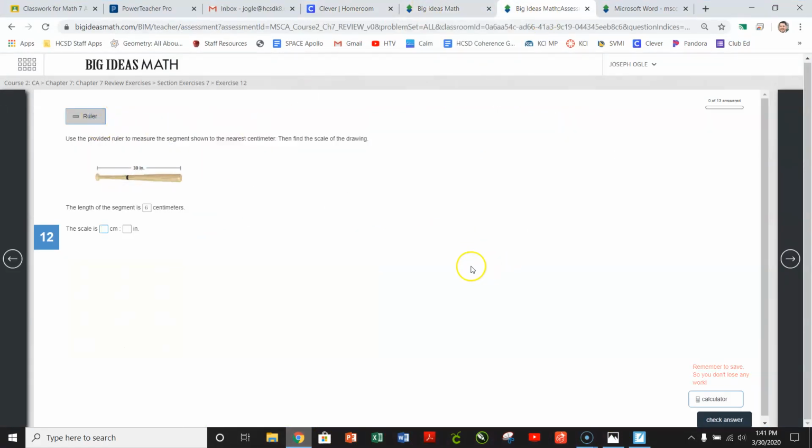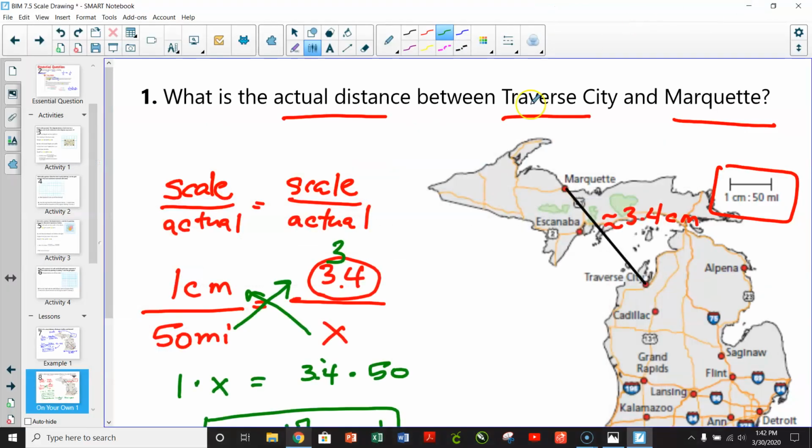So this is a problem on one of the reviews. We have this little ruler box. A ruler pops up. We can move the ruler wherever we want. We want to measure this little segment, right? We can put it right on the top. We'd say that's about 6 centimeters, right? You can see 1, 2, 3, 4, 5, 6, right? We want the ruler to go away. There it goes. All right.